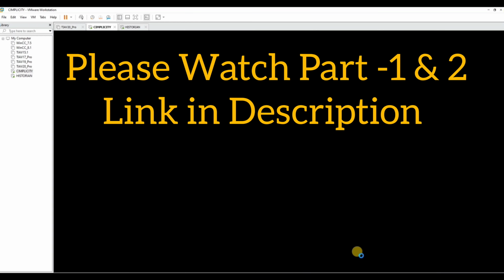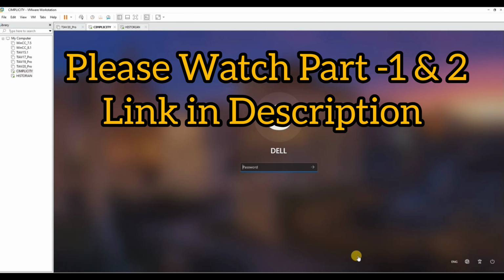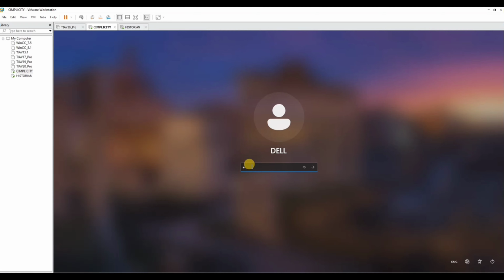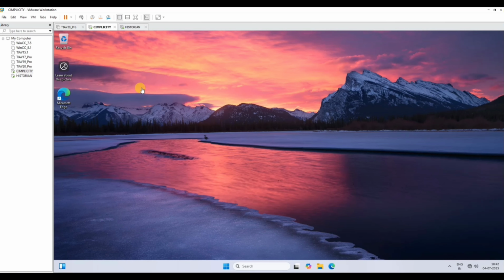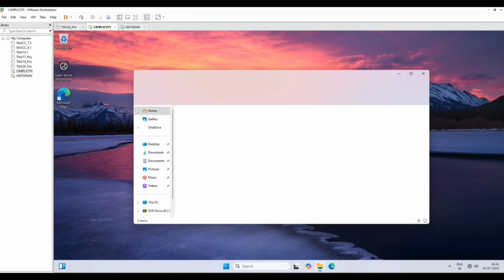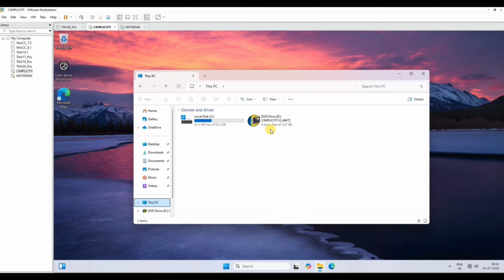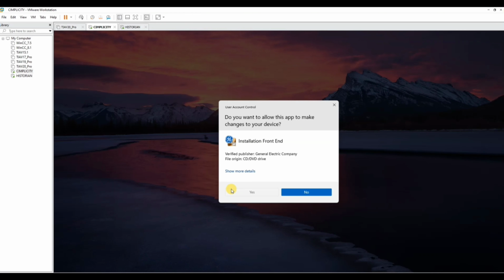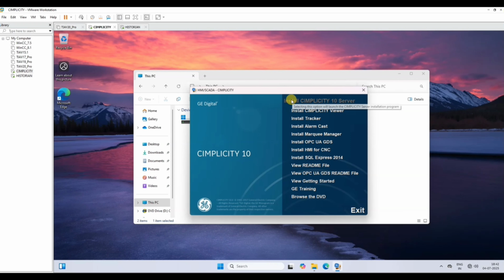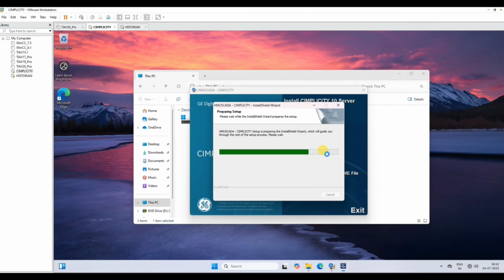Restart the system, then log in again, then go to File Manager, then open Simplicity DVD, install this Simplicity server, then click on here,